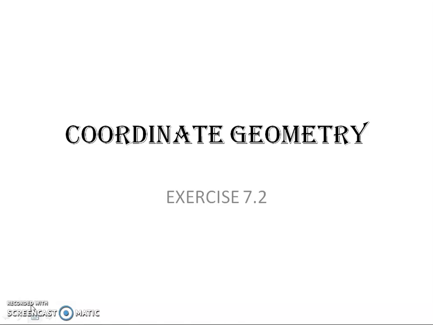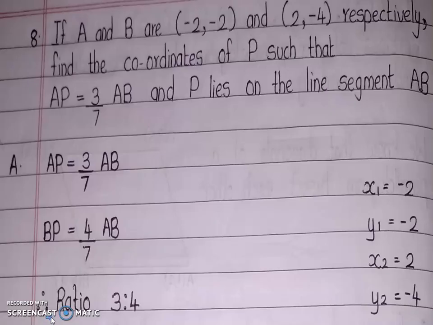Good morning, students. Today we are going to discuss the remaining 3 questions from exercise 7.2 and an important topic, centroid of a triangle. So let's go to the 8th question from 7.2. 8th question. If A and B are (-2, -2) and (2, -4) respectively, find the coordinates of P such that